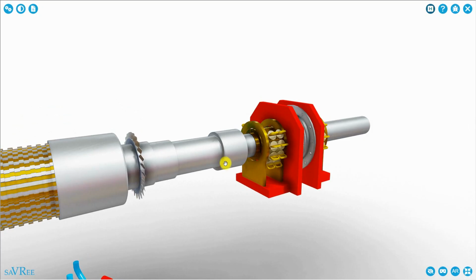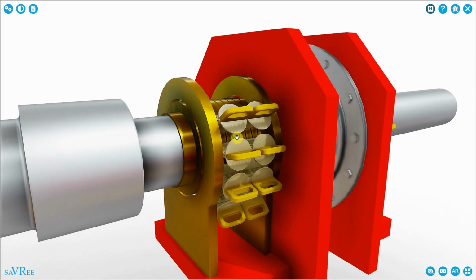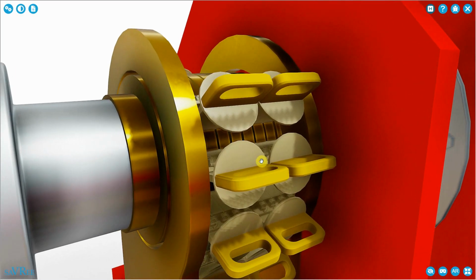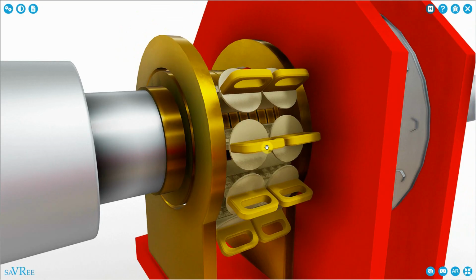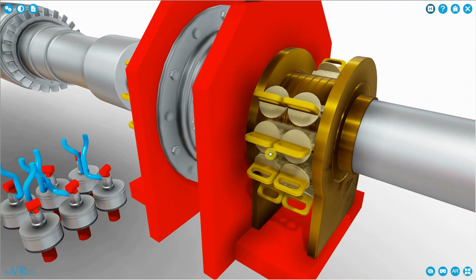Large synchronous generators normally use what's called brushless excitation. It's a type of excitation where you do not use brushes. So this one we're looking at now is a brushed excitation system. These have fallen out of favor a bit, and now you'll often encounter a brushless excitation system